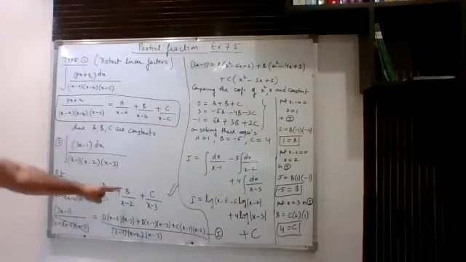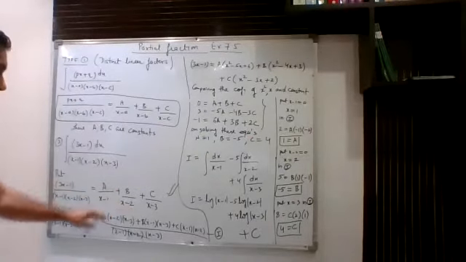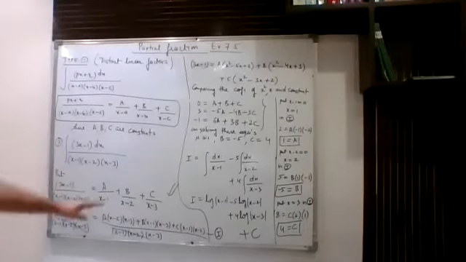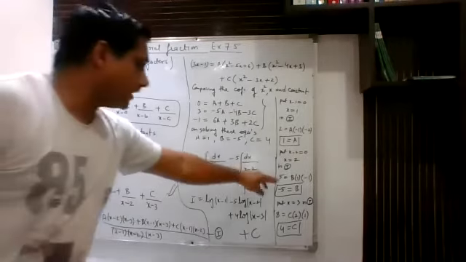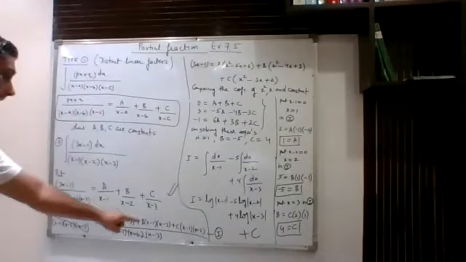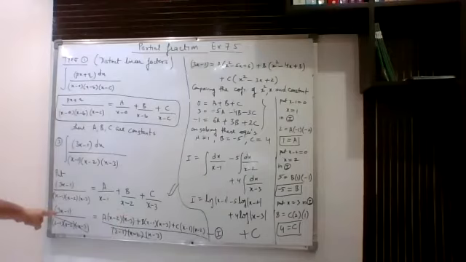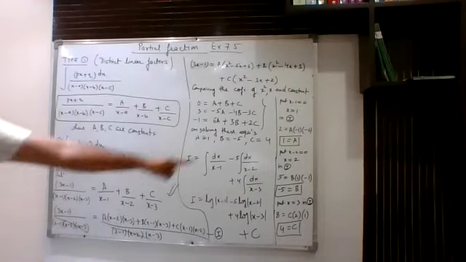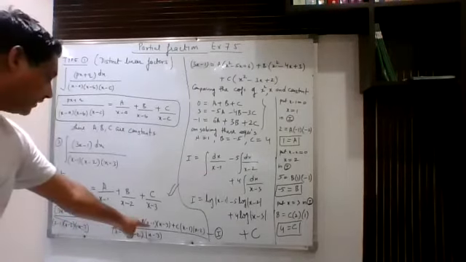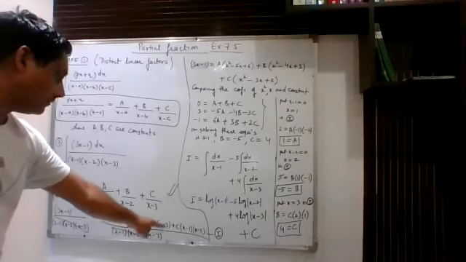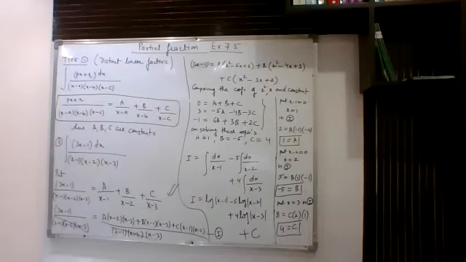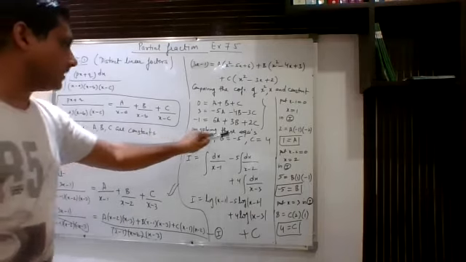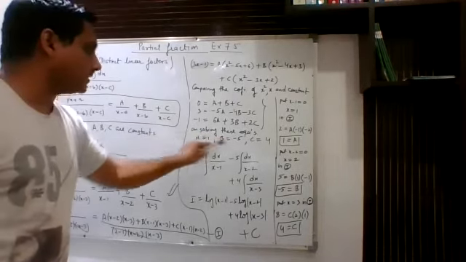Similarly, in order to get the value of B, you will put x minus 2 equal to 0 over here. So that means x equal to 2. So when you put this, you will get the calculation as, on left and right, both sides you have to substitute. So when you put 2, 6 minus 1, that is 5. That is what I had written. And when you put over here, 2 minus 1 and 2 minus 3. So this is what you will get. So B is minus 5. Similarly, C is coming out to be 4. So you will here write, on solving these equations, we get A, B, C as these.